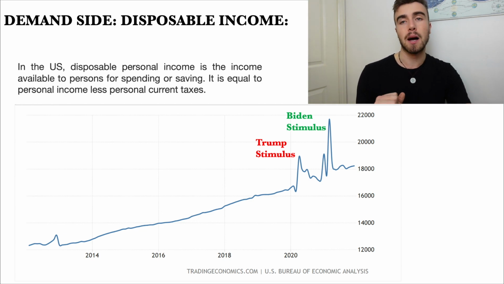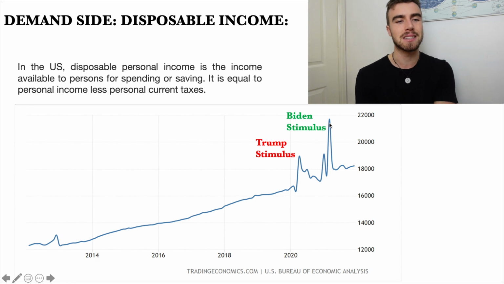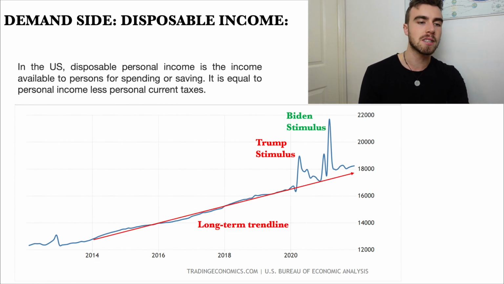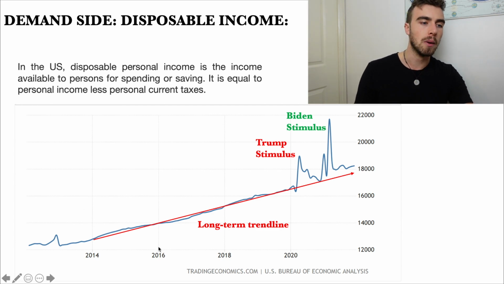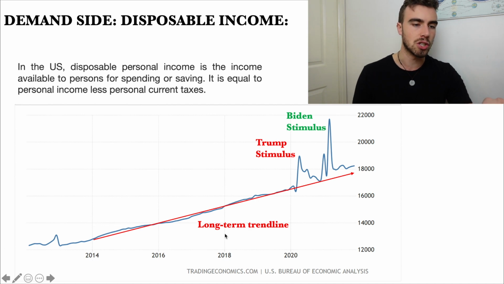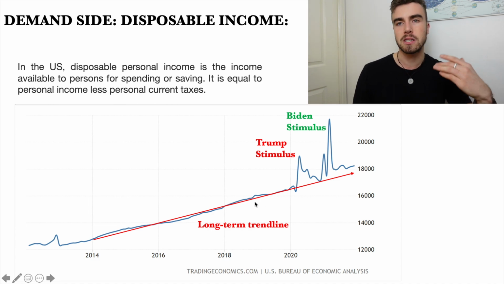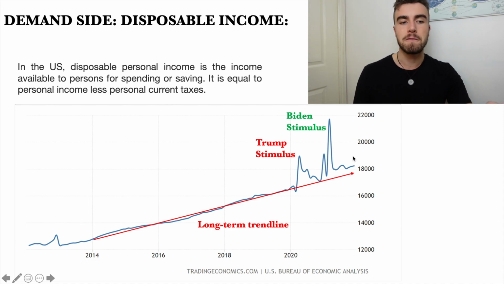And of course, this pushed people's disposable incomes higher. You can see March 2020's Trump stimulus, there's the spike. And then the Biden stimulus actually caused an even bigger spike. And what you can see is, if we put a trend line on this graph, people's disposable income has a pretty slow and steady uptrend over time. We're looking obviously post the GFC, so you've got relatively stable macroeconomic conditions from 2014 to 2020. And you can see this pretty slow, steady growth. So we plot this line of best fit from 2014 to the start of the pandemic. You can see as that line of best fit goes on, we remained far above it.